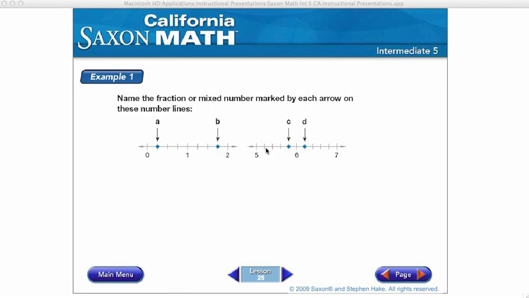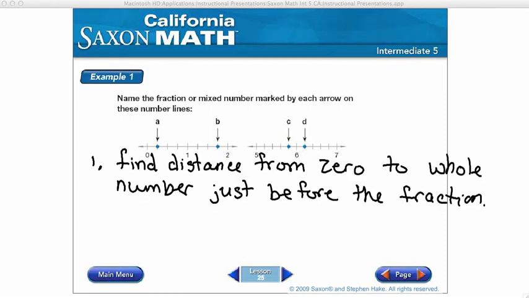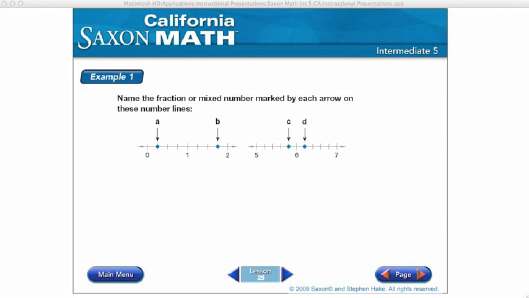to follow. The first step is to find the distance from 0 to the whole number just before the fraction. Okay, that's our first step. Write it down. The second step